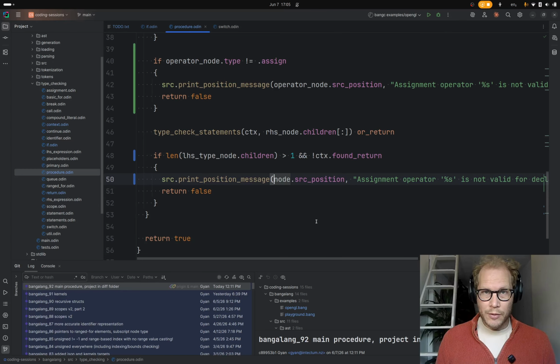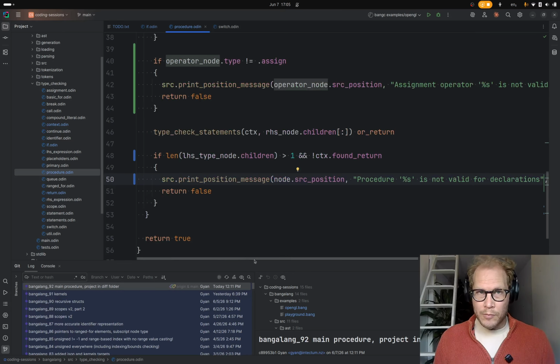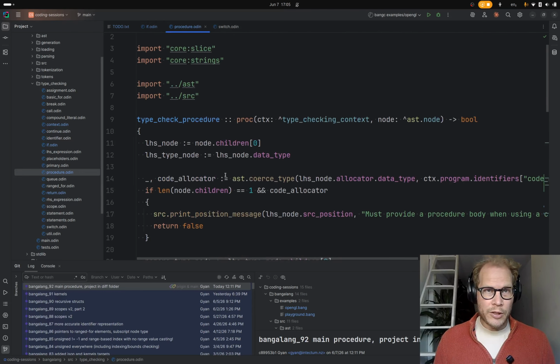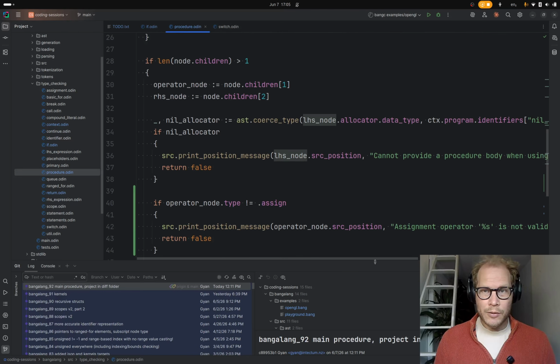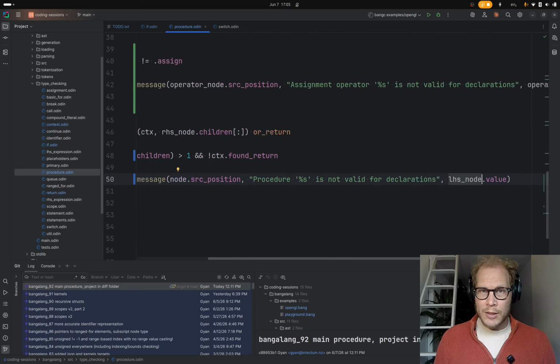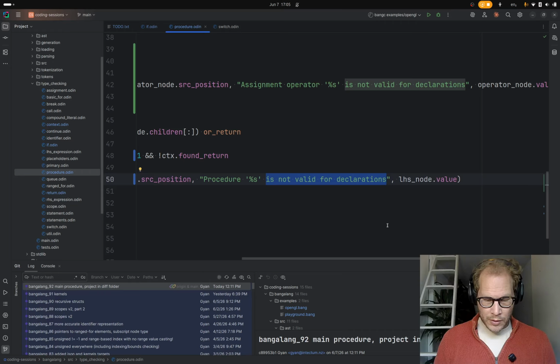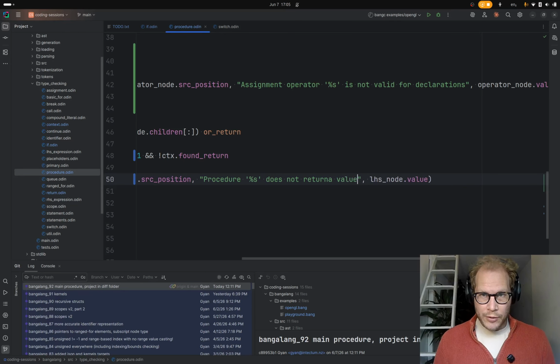We'll make that just node. Let's say procedure, what did I call it in here? Did I call it left-hand side node, I guess? So that should be the name of the procedure. Procedure does not return value.